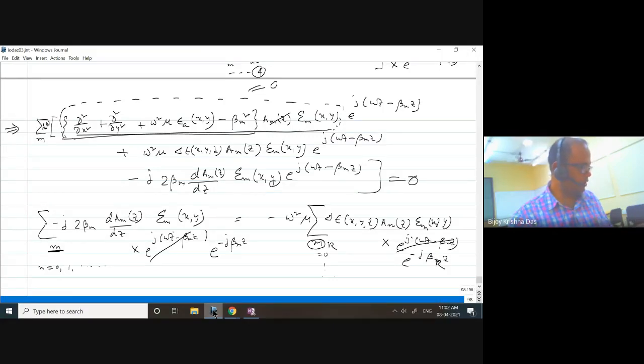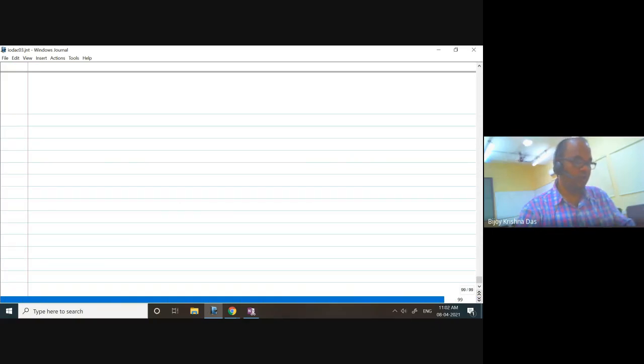Assume that there are multiple modes in the waveguide, and multiple modes can interact because of the perturbation, right? And the individual modes, we can say that if it is defined by